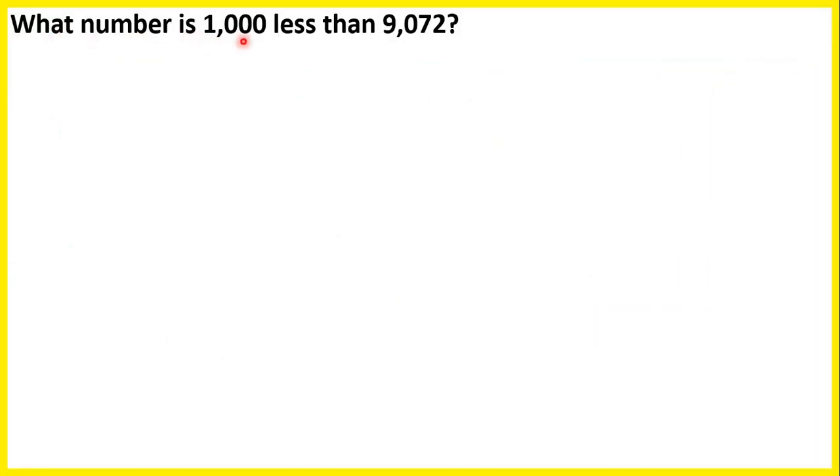What number is 1,000 less than 9,072? So to find the number 1,000 less, we need to subtract 1,000 from this number. Now we could use column subtraction, but if we're subtracting 1,000, all we really need to do is find our thousands digit, so that's the 4th digit from the right if we have a whole number. So 1 less than 9 is 8, so our answer is